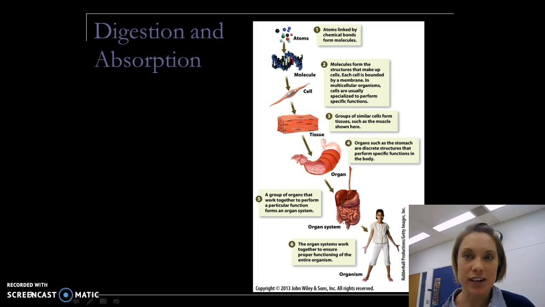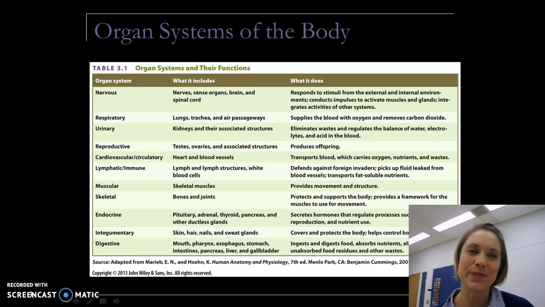Now, in nutrition, you've taken biology, you've taken some anatomy and physiology, you've taken some chemistry. Nutrition is really about how what we eat is transferred into how every organ system in our body functions to make a healthy organism. And our role as dietitians or nutrition professionals is really to make sure that us as an organism can live the highest quality of life possible.